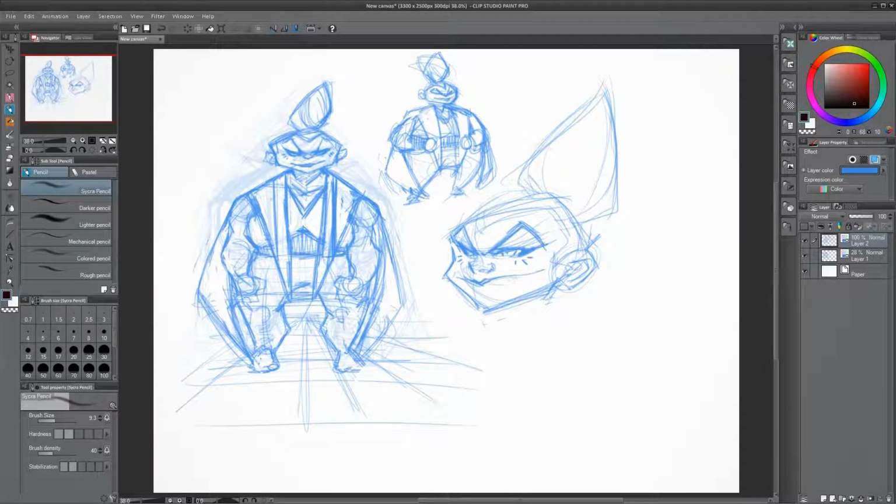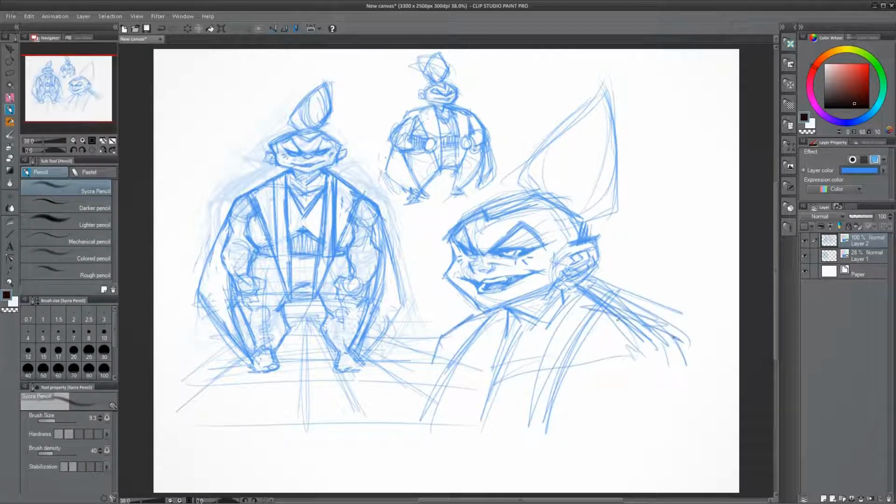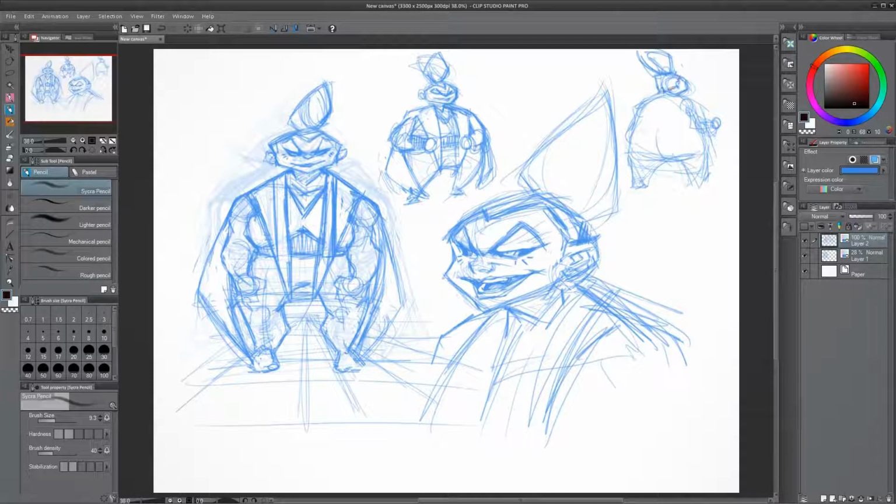Repeating shapes is also something that's useful. If you draw a certain shape or design, having that design repeat throughout the character creates consistency and makes the character feel a lot more cohesive. Here what I'm doing is more of a close-up view, to get her personality more showing and to flesh out the face, because I hadn't really fleshed it out too well before. And here I'm doing a quick back view, trying to figure out what she's going to look like from behind, because it's always good to think about all the different views, not just one.